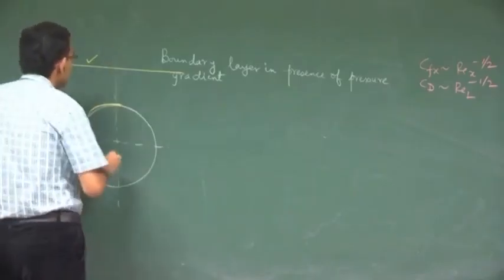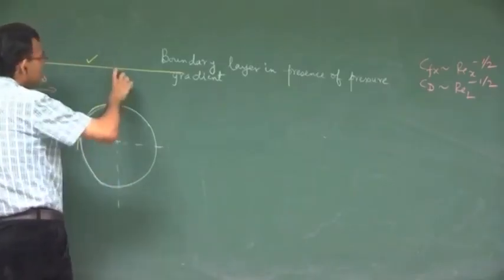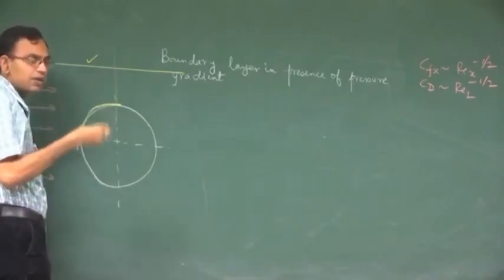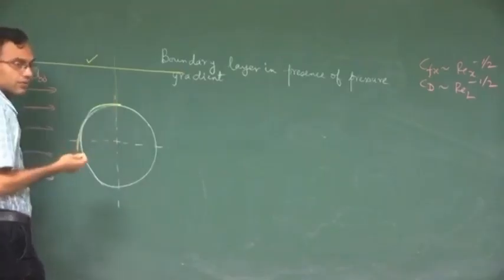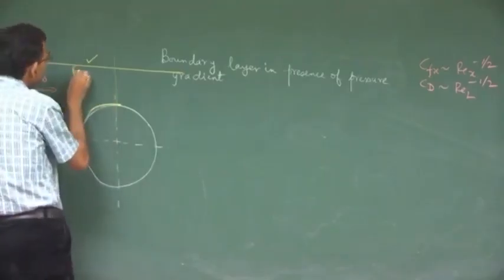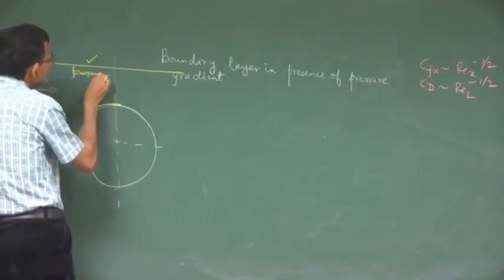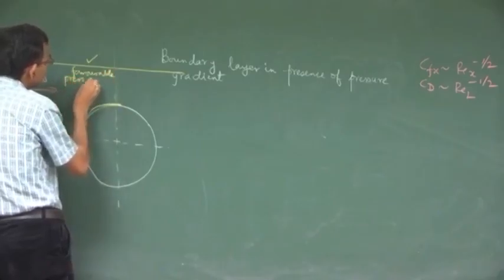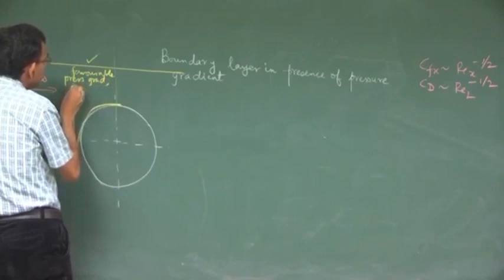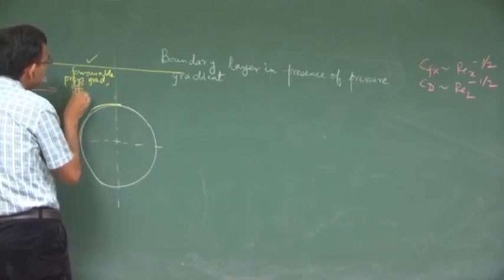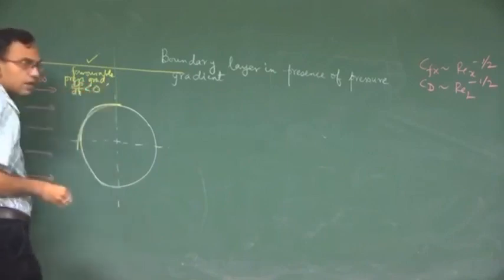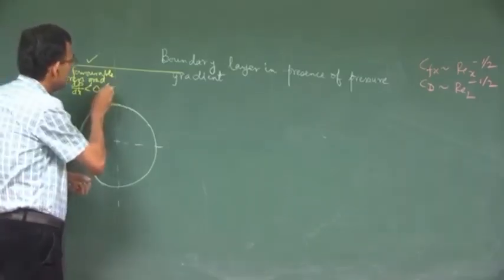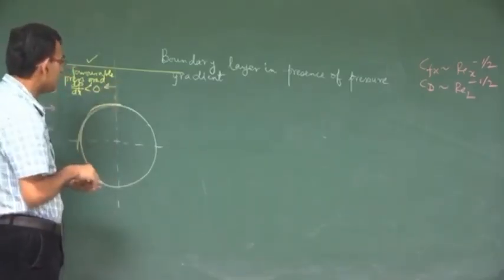So that pressure gradient which is active till this point is called a favorable pressure gradient, because it is favorable to driving the flow. So, favorable pressure gradient, which is given by dp/dx less than 0. So, that is on this side. On the other side,